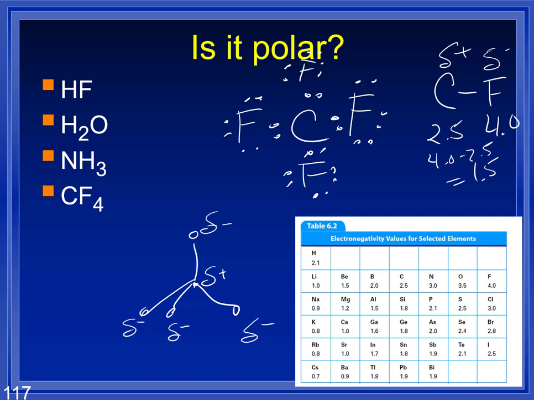This has polar bonds, but it's not polar, because its outside's not different. Its outside's the same all the way around. It's symmetrical. The negatives are spread evenly all the way around. So you can have polar bonds and not be polar if you're the right shape. If you don't have polar bonds, you can't be polar. But if you've got polar bonds, then you have to check the shape